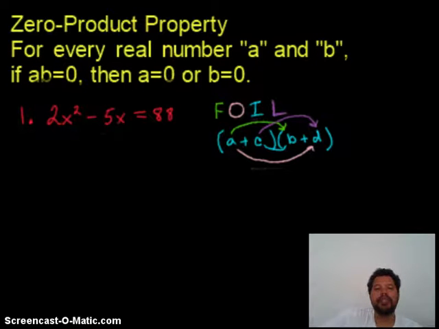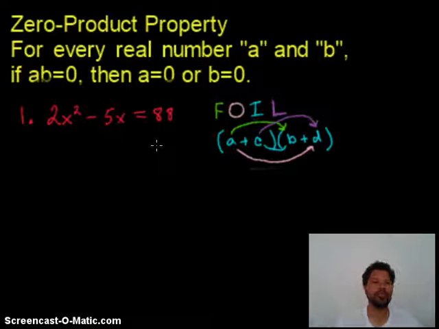Okay, so in this video, I'm going to be using the zero product property once again. This time, our trinomial or our quadratic equation is in a different form to begin with. So if we take a look here, we have 2x squared minus 5x equals 88, and it's not in